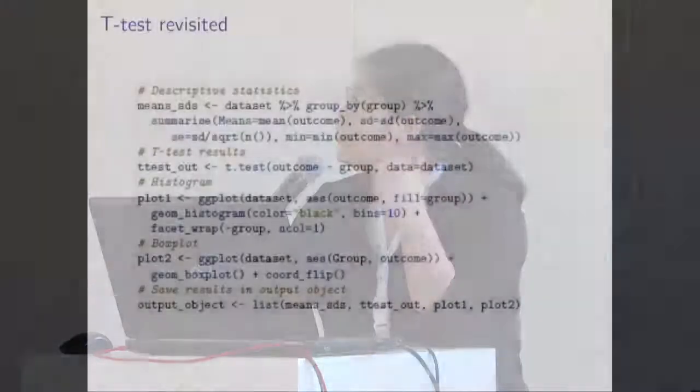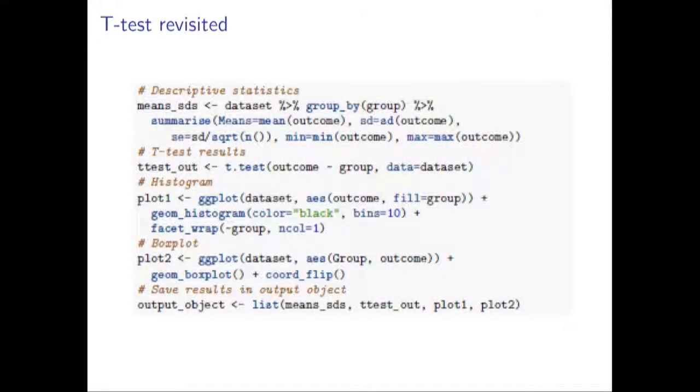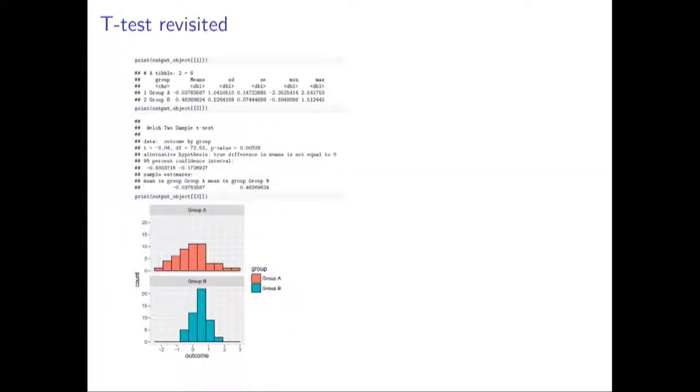So going back to our example with our t-test, we are just saving out those outputs in a simple list object. And then we're going to just use the markdown document to print those. So everything now is just formatting. And you can customize this based on your output type, for example, using xtable and PDF very easily, or incorporating that sort of inline R code to do something like